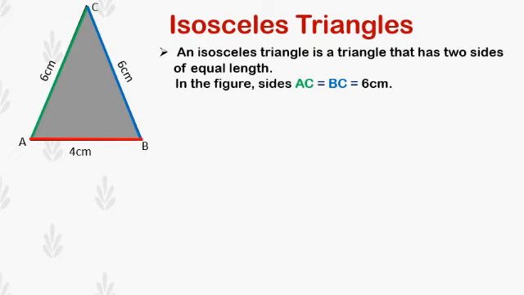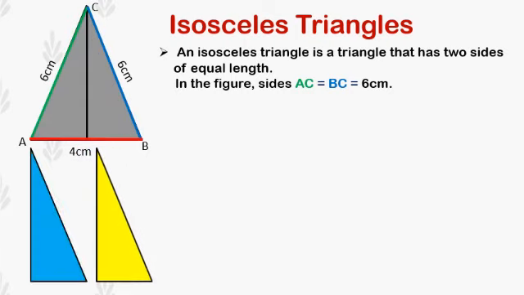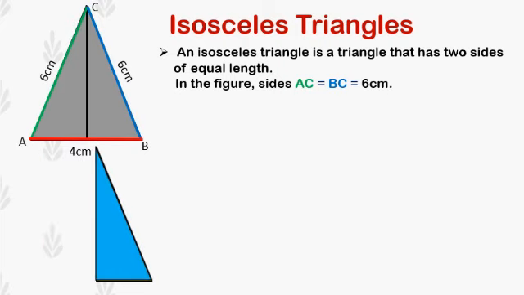Then two sides are equal. Don't the angles at the bottom also seem to be equal? Let us see that. For that, draw a perpendicular from the vertex C to the side AB and split the triangle into two. The perpendicular from the vertex to the baseline divides the triangle into two right-angled triangles. Now we have two triangles. Cut out these triangles and try to make them coincide with each other. Here, sides and angles coincide with each other.